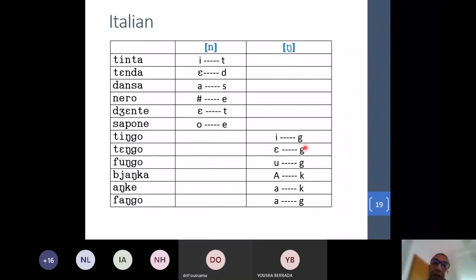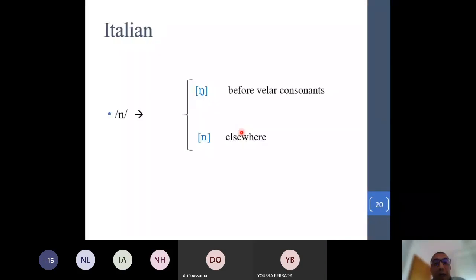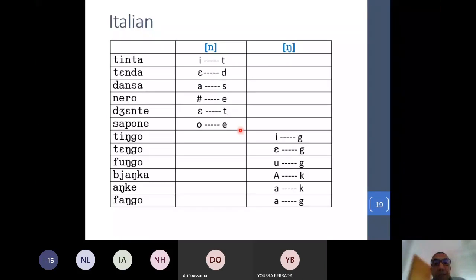And here it's elsewhere: we can have alveolar sounds and we can have vowels. Since the distribution is complementary, we can say that the two sounds are allophones of the same phoneme, n. N becomes velar